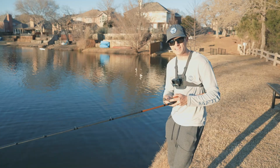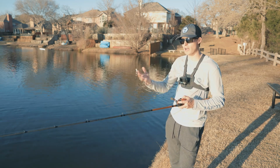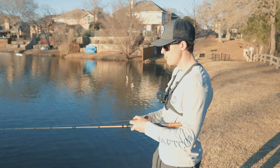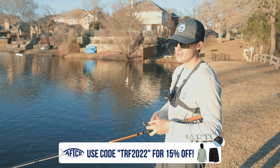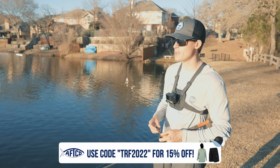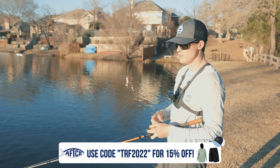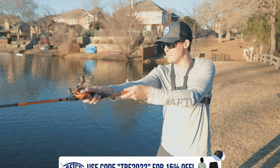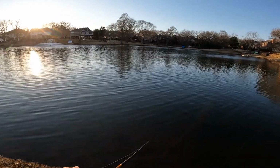I think they're biting it, but it's like the Hybrid Hunter where they can't get their mouths around this thing. Like the Hybrid Hunter has 2 treble hooks. So the fish that slapped at it got hooked. The fish that are slapping at this thing are not getting hooked, which is a bummer. So that's a clue that, you know what, maybe I should throw a jerk bait or a deeper diving crankbait out there in the middle and kind of commit to that, because these fish are slapping at this thunder cricket and not eating it. And maybe, you know, in that depth zone I've been getting slapped, they'll eat a nice